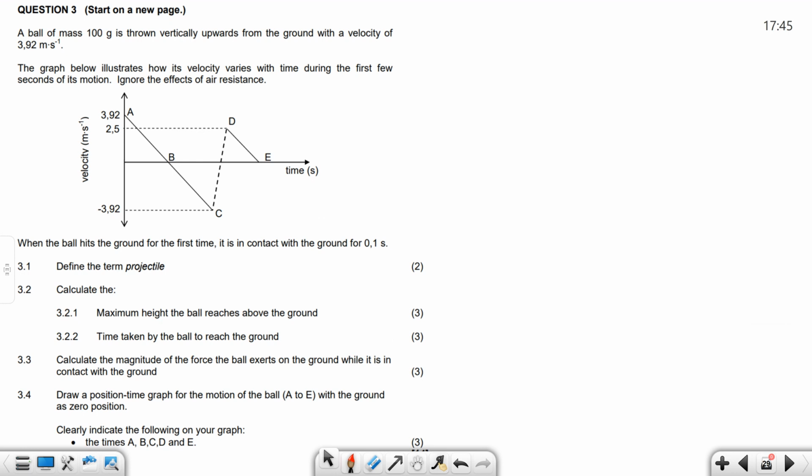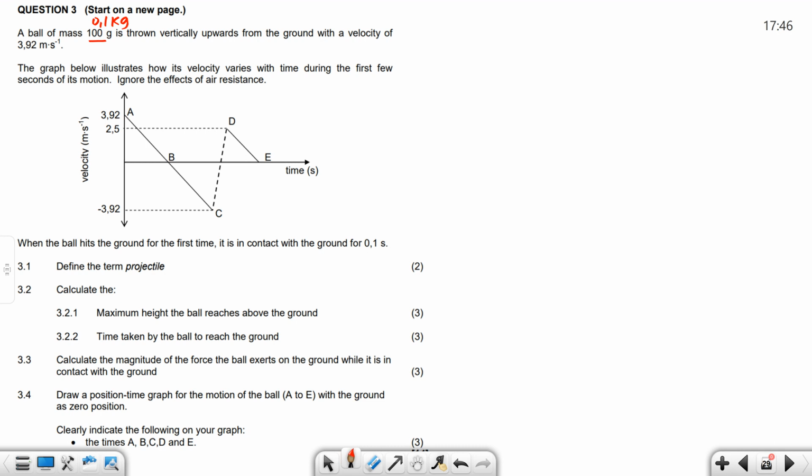Okay. A ball of mass 100 grams. I'm going to stop there quickly. We don't work with grams in physics. What do we work with? We convert to kg. So can we convert that to kg? Mary, please, if you can send me the question, I'll appreciate that. All right. What's our mass? 0,1 kg. Okay, so a ball of mass 0,1 kg is thrown vertically upwards from the ground with a